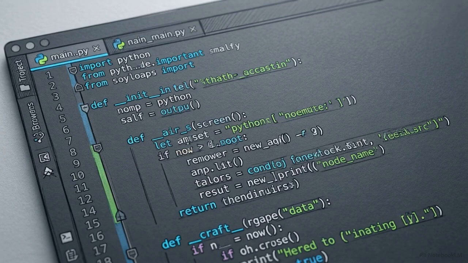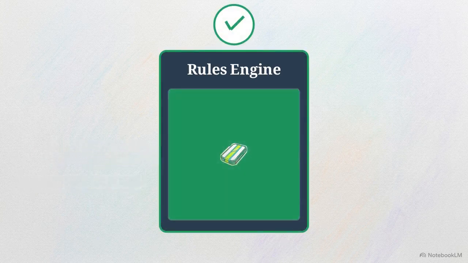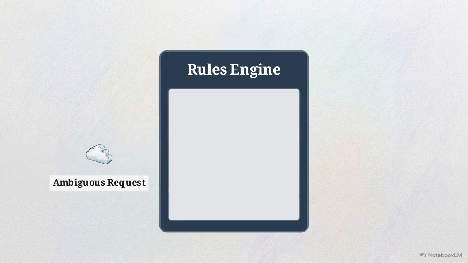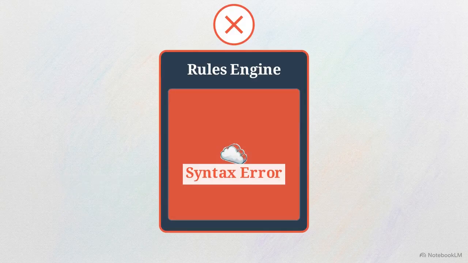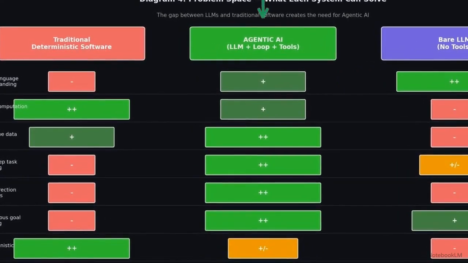Traditional deterministic software sits on the exact opposite side of this spectrum. A standard Python script or rules engine executes exact computations with perfect reliability, but it fails at parsing ambiguous natural language goals. This comparative grid outlines the problem space. Real-world tasks demand both open language understanding and exact computation. Neither succeeds alone. Looking at the center column, Agentic AI covers the spread, achieving high capability across both ambiguous planning